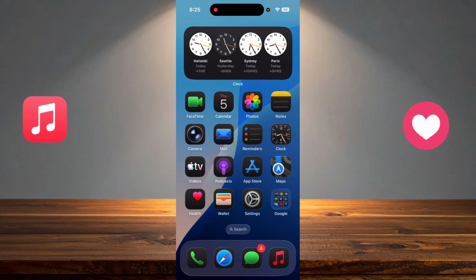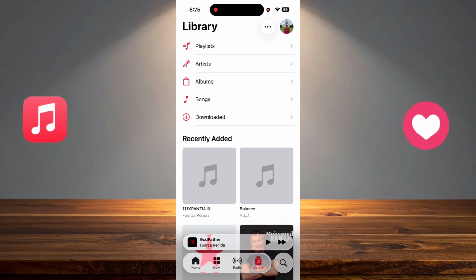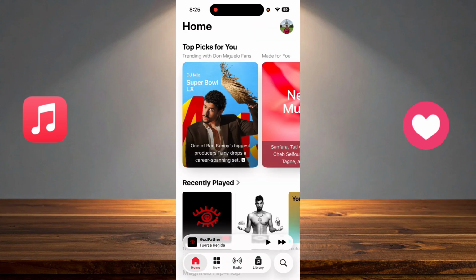In today's video, I will show you how to remove your likes from songs on Apple Music. So to do this and to remove the likes or favorites from the songs, we should go to Apple Music. And after that, you can go and look for the songs directly, or to find them in an easy